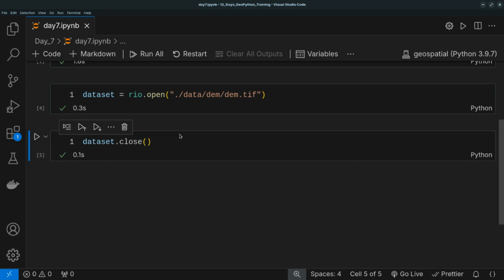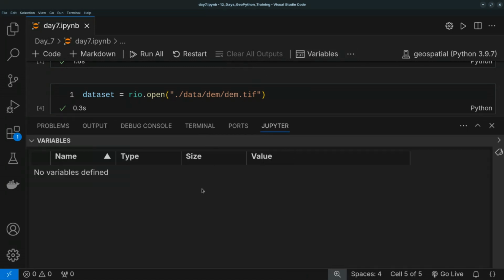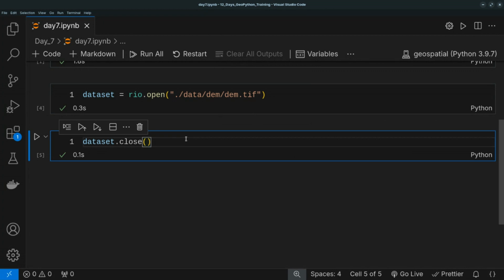I will finish running my program, maybe close VS Code, close my notebook, but that file I've read most likely will still be existing inside my memory there. And now when I go to variables, I should not see anything because I have closed the file. But if I comment out this,